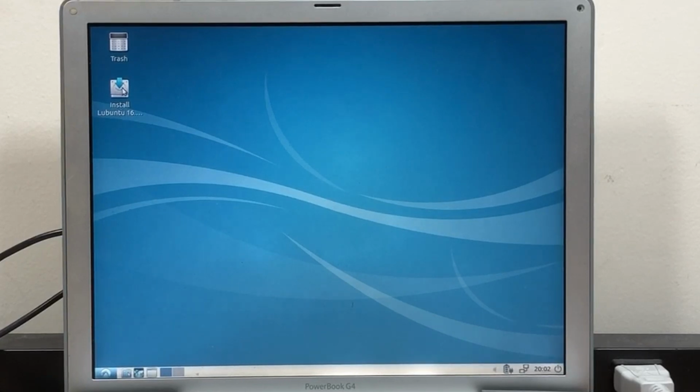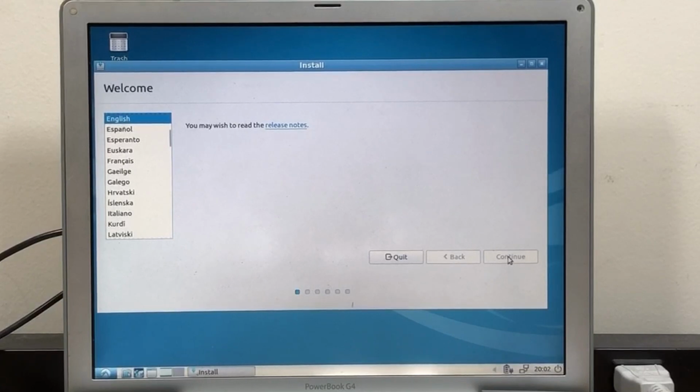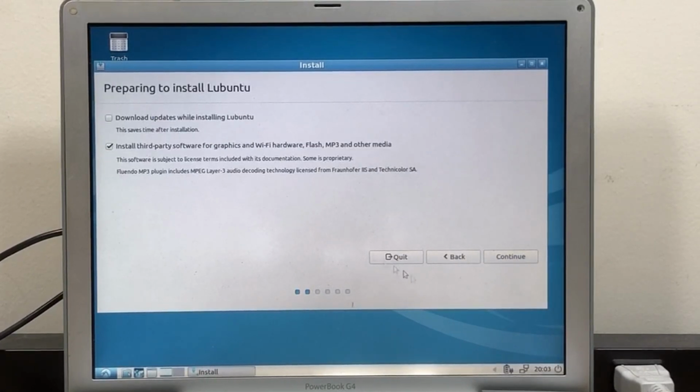Alright, we're in Lubuntu, so let's go ahead and install. I'm going to have to do the custom installation. So let's go ahead and click continue. I'm going to click on this one, but not that one.